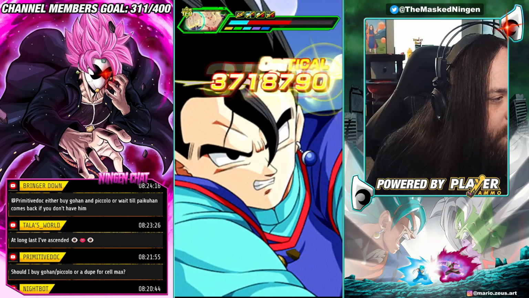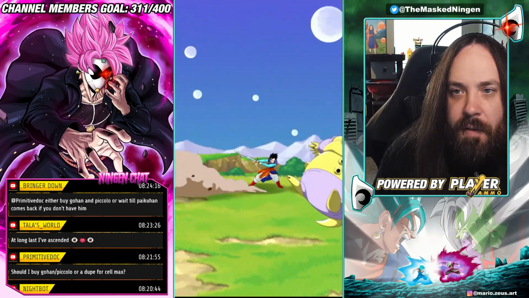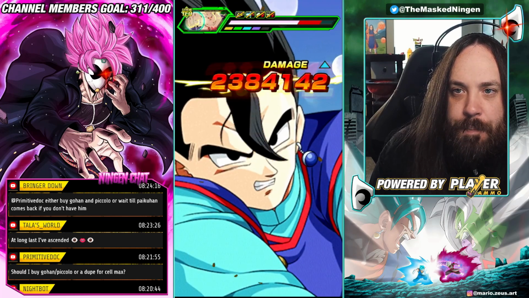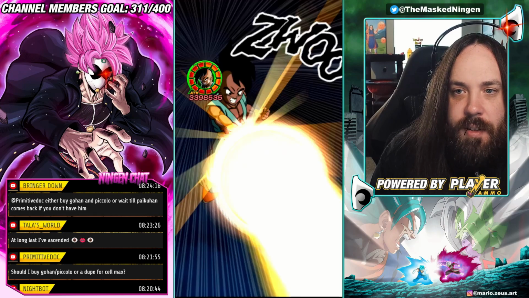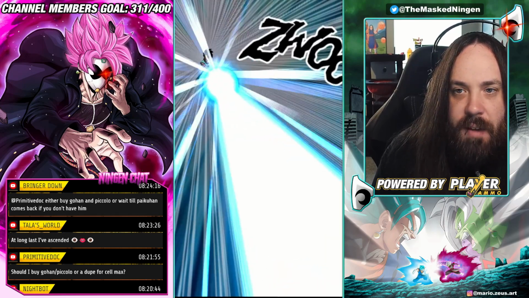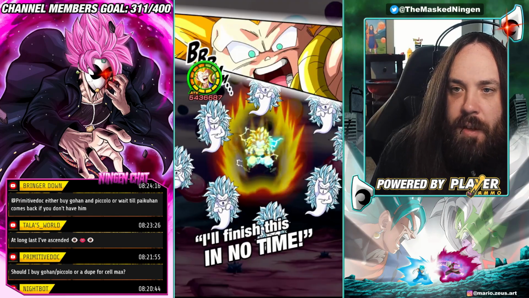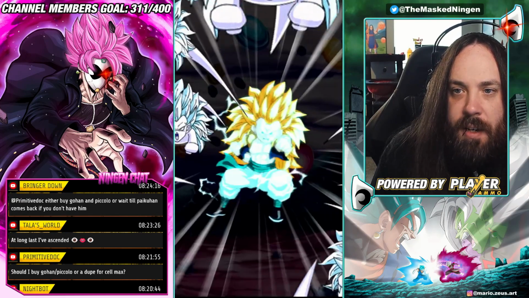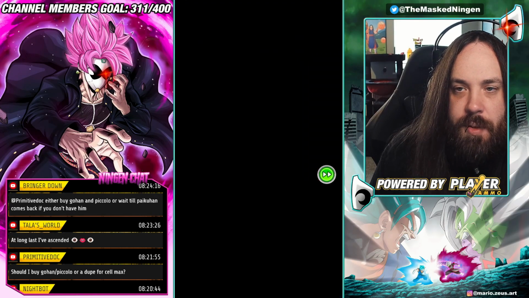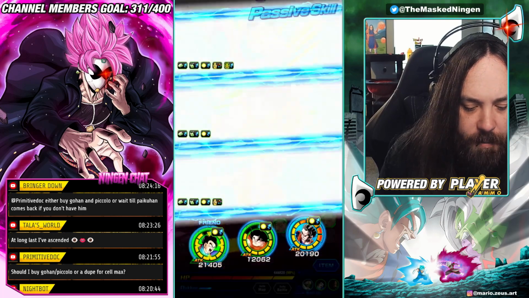Yeah, Tala, how's it going? Should I buy Gohan and Piccolo or a dupe for Cell Max? I mean, unfortunately, at this point, I feel like neither of them are particularly worth having. If you're talking about with yellow coins, even though it's going to be a while for him to actually come back, I would say just save them for Pycon. Because I think he's good enough that by the time he comes back, we won't have had any massive power creep, unless the worldwide goes crazy. So when he comes back and is available with yellow coins, he'll still be good. But